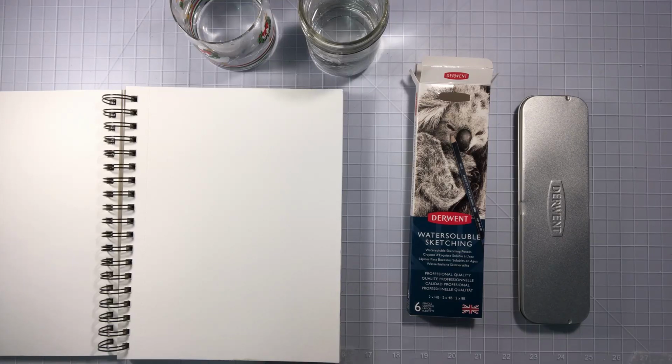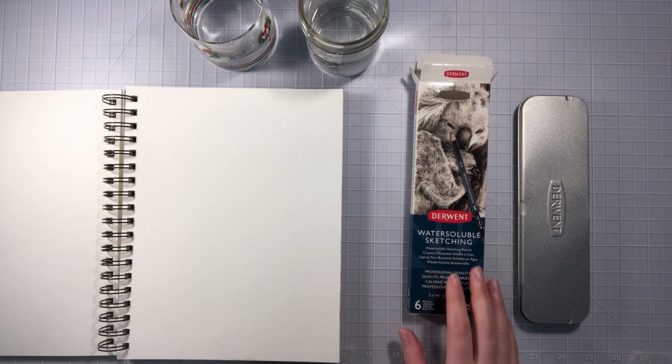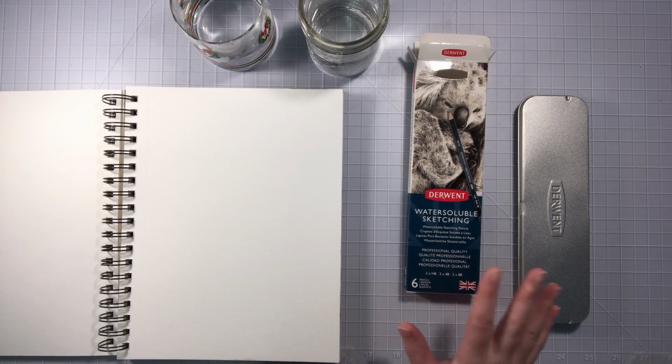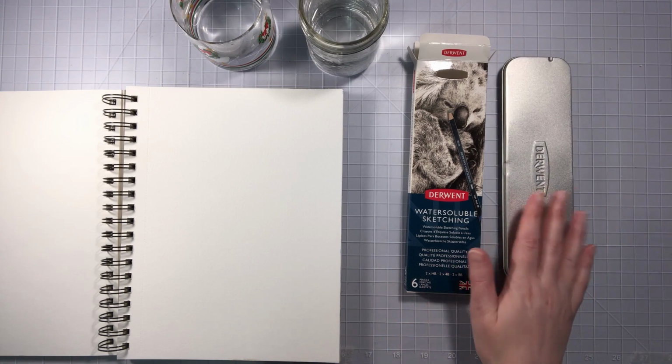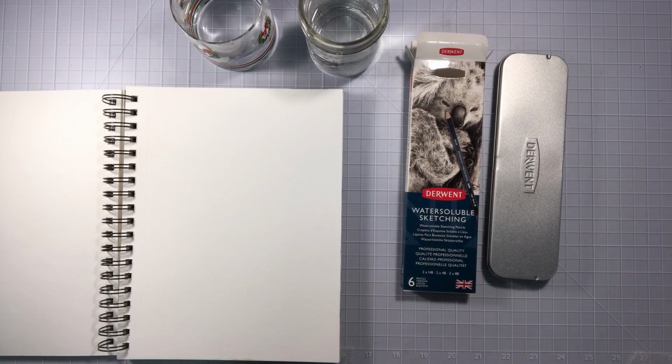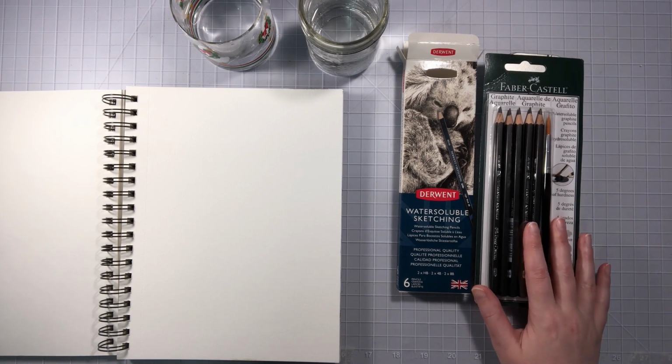So I've been looking for some watercolor graphite pencils just to use underneath my watercolor works for my sketching, because I just normally use regular graphite pencils, and then if you have them too dark you can see the lines through your piece. So I wanted to try out some water soluble ones, and I found these Derwent water soluble sketching pencils, and I thought, great, I'm going to get those and try them out and see how I like them. And then after I bought these, I also found these Faber Castell Graphite